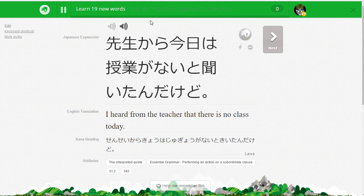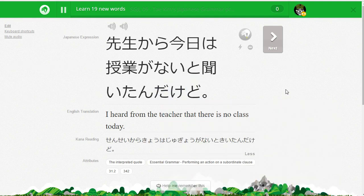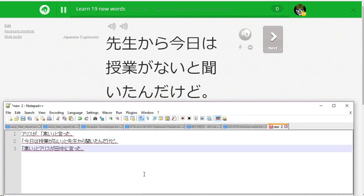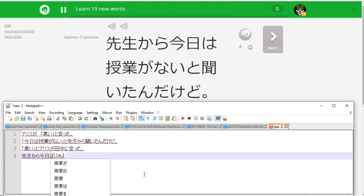先生から今日は授業がないと聞いたんだけど。Not like the da, kedo is like, but. However, something's going to happen after that. All right, let's write that. 先生から今日は授業がないと聞いたんだけど。